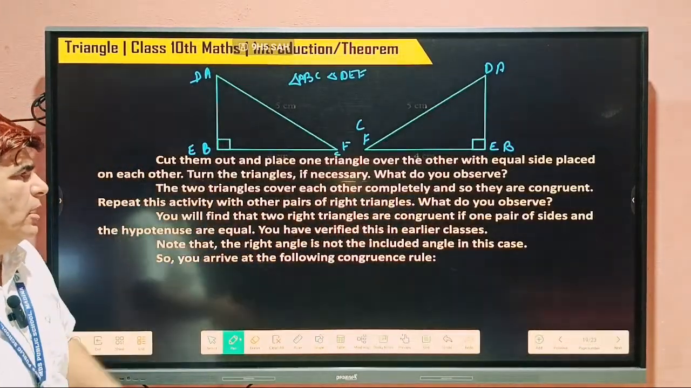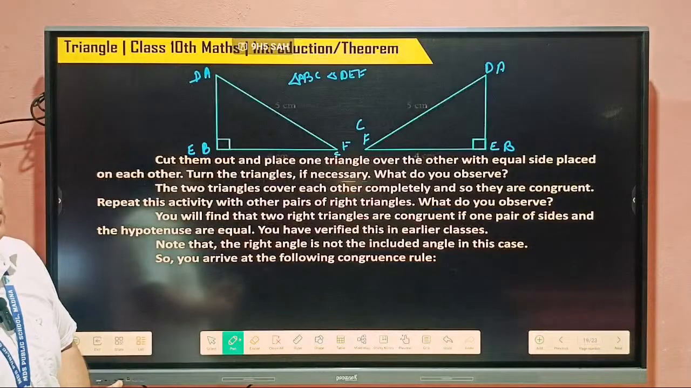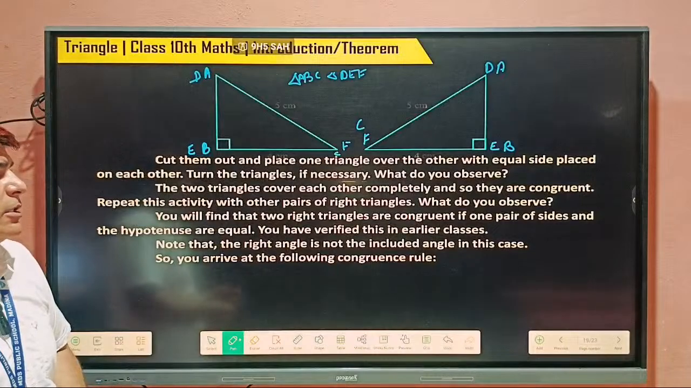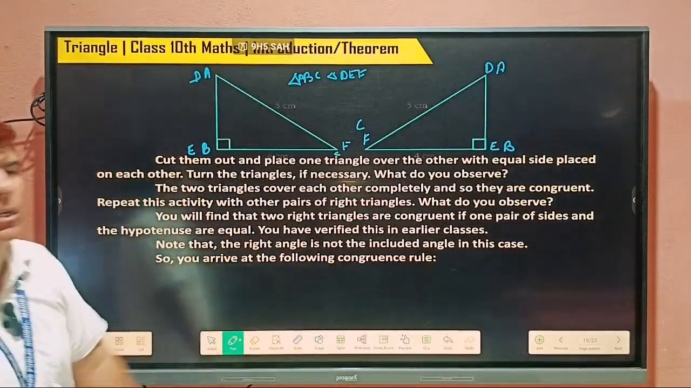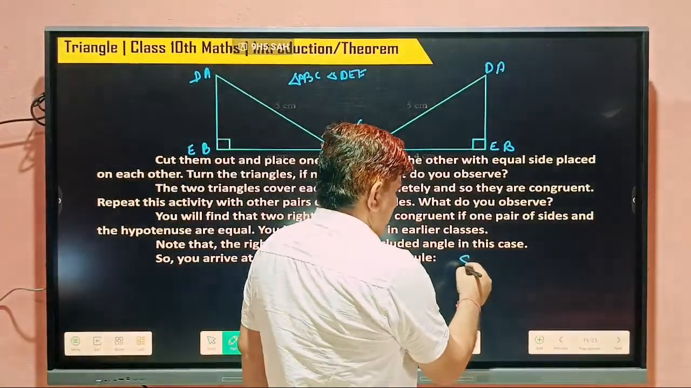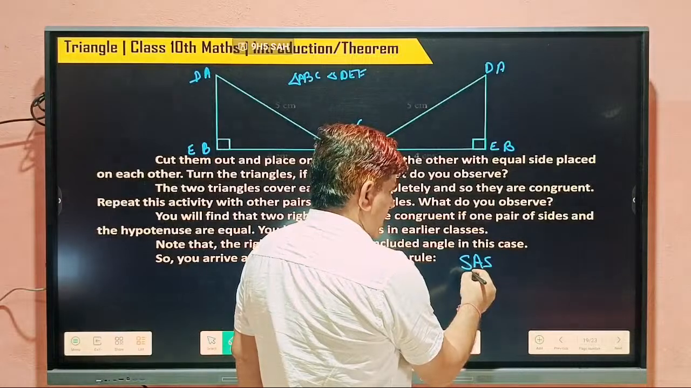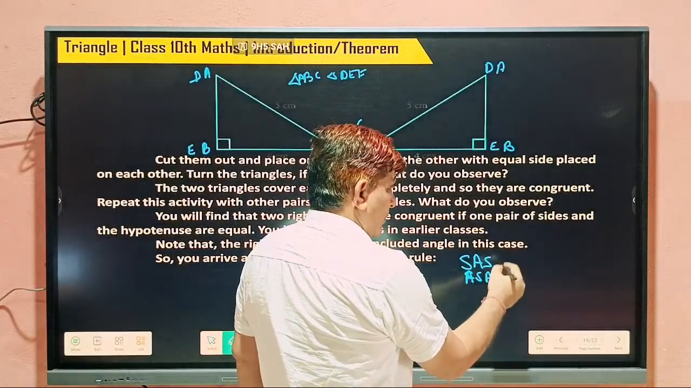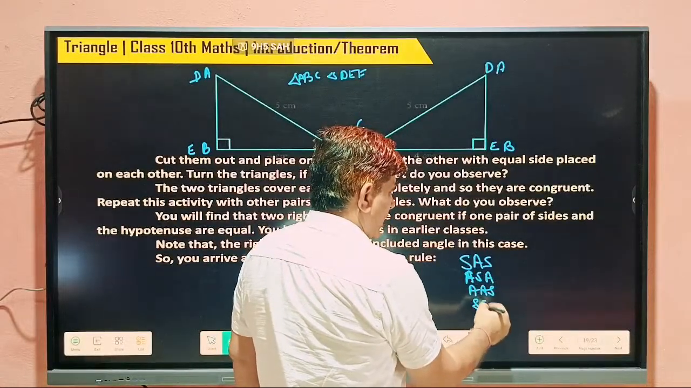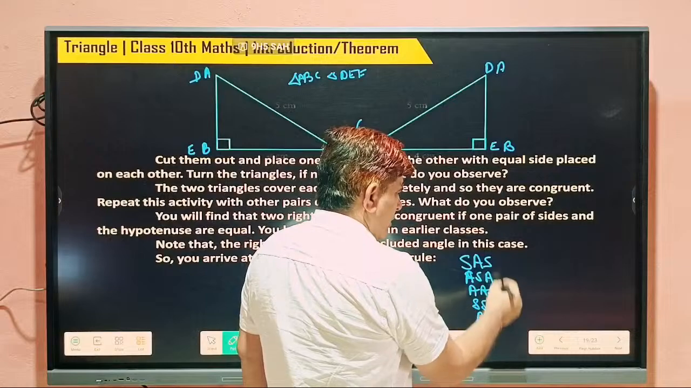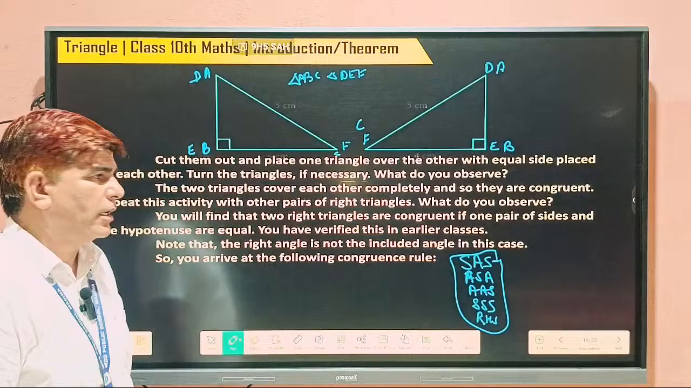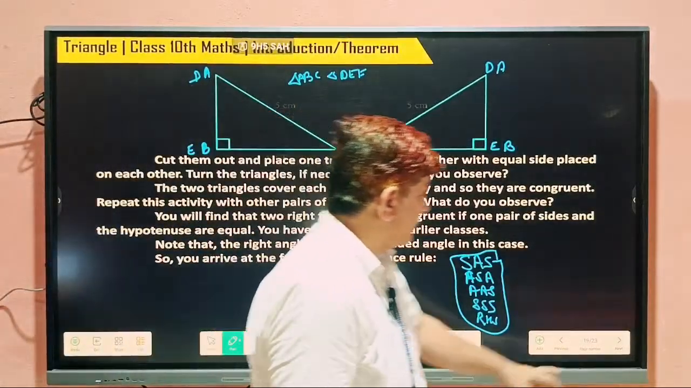Repeat this activity with another pair of right angles. You can make any pair of right angles and hypotenuse equal to hypotenuse, any one side equal to any one side. Then the third side automatically becomes equal. So I told you the SAS axiom, then ASA, then AAS, then SSS, and then RHS. These are tools by which we can easily prove two triangles are congruent. So you understood this. Next,